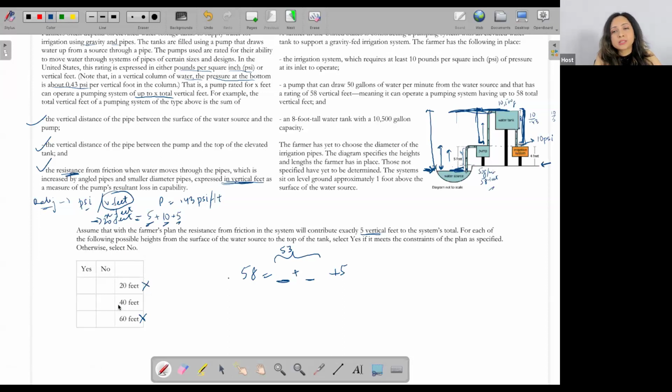And 40 feet is possible because 10 upon 0.43 is more than 20, but it'll be a little bit more than 20, some 22, 23, 24 maximum, right? So that plus my 5, let's assume it is 24, for example, plus my 5 will give me 29. So then, of course, from 29 till 53, anything is possible. So my 40 feet is certainly possible, right?